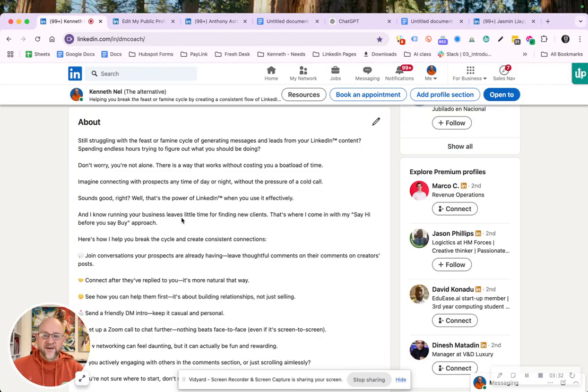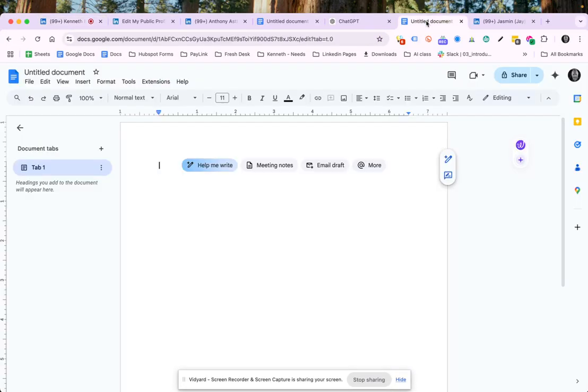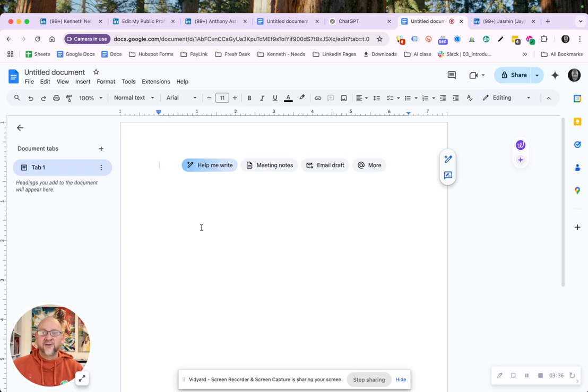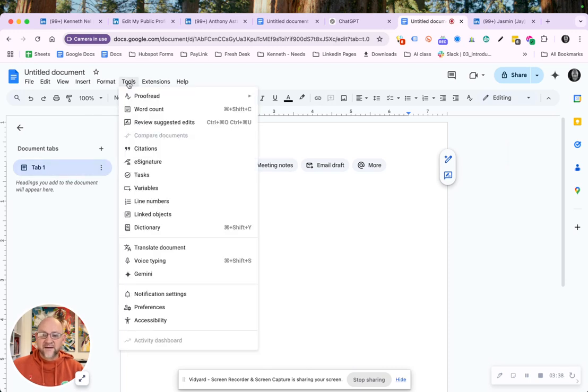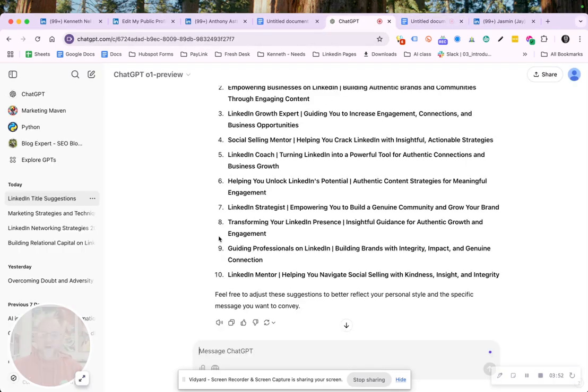So one of the things that I found to make building your about section a lot easier is ChatGPT. Same thing, go to Google Docs. Google Docs have got this amazing thing called voice typing. Talk about what it is that you are doing for people. Talk about what it is that you are solving. Then take that text, go to chat, copy and paste the text, and chat will then help you write your about section. And use prompts like